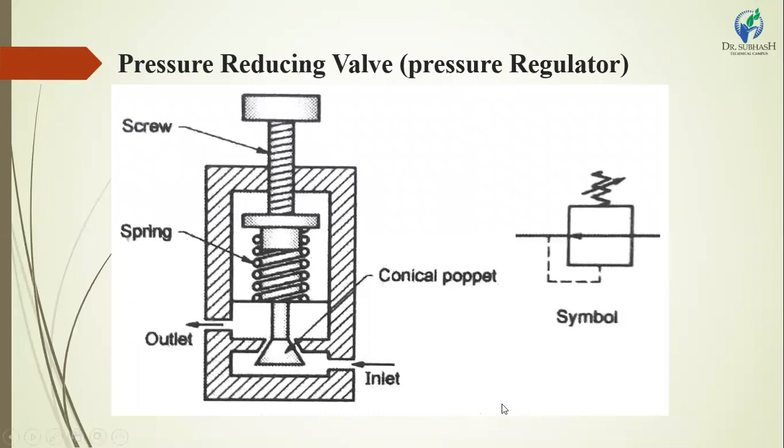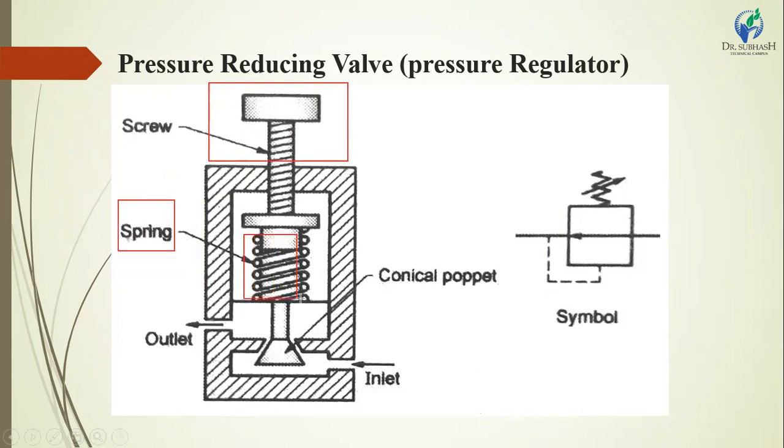The next is a pressure reducing valve. We can also call it a pressure regulator. We have to look at its construction. This is a conical poppet, screw, spring and outlet. This is the adjusting screw,